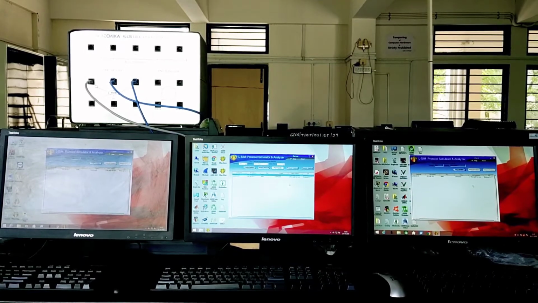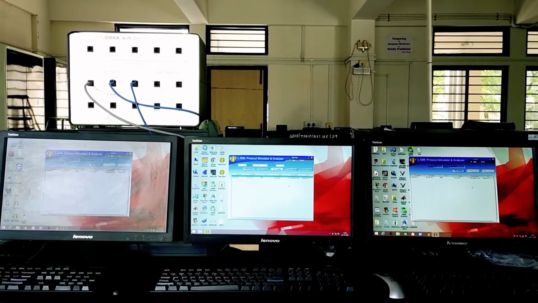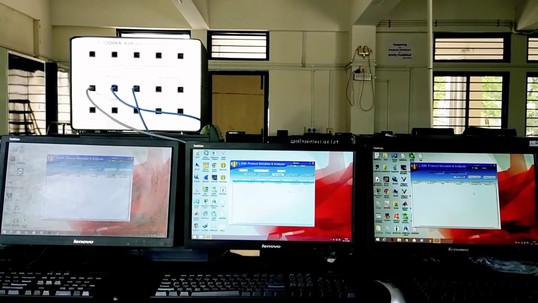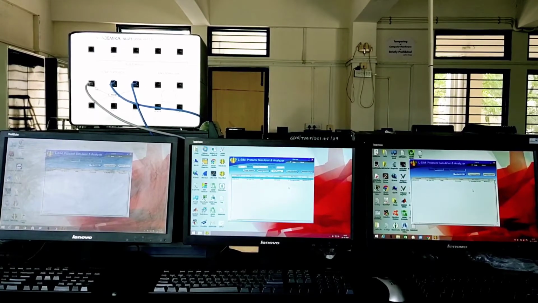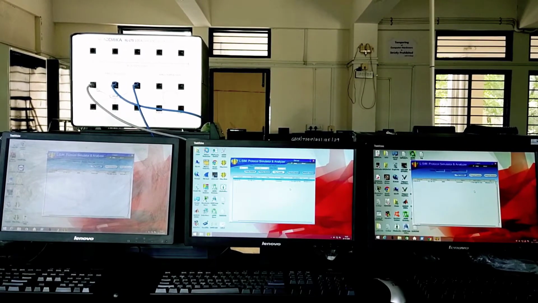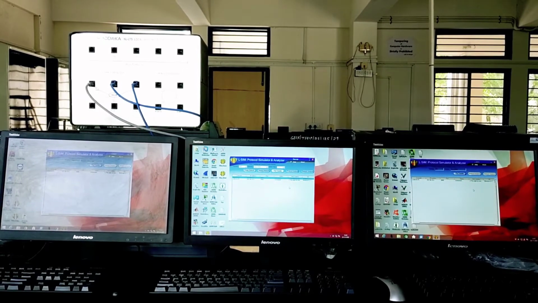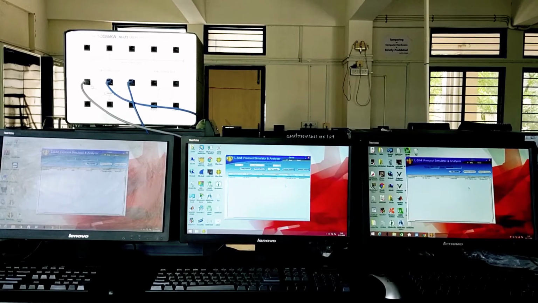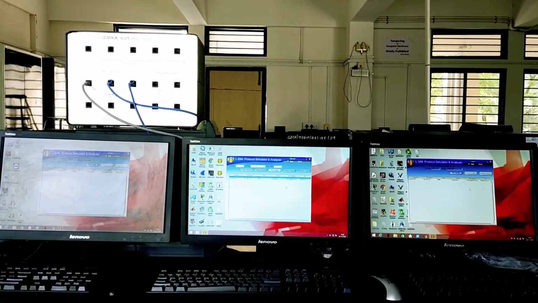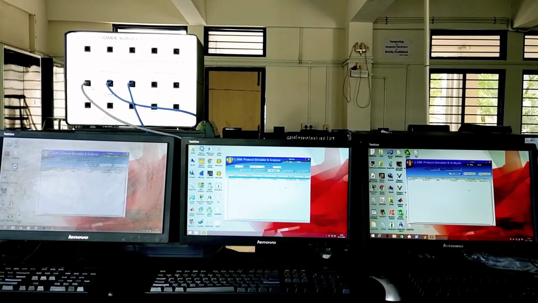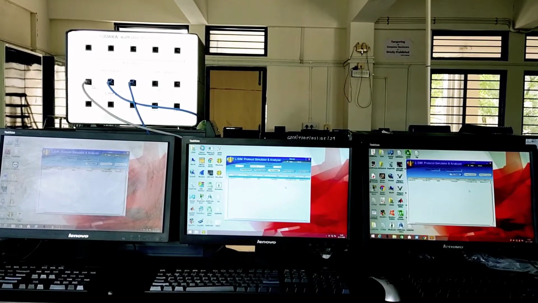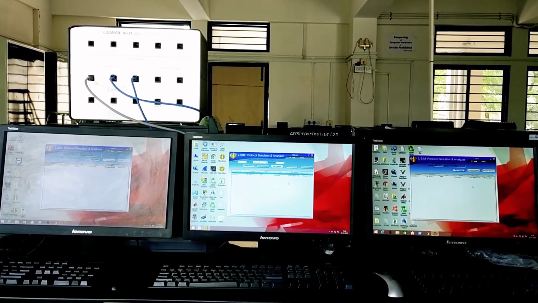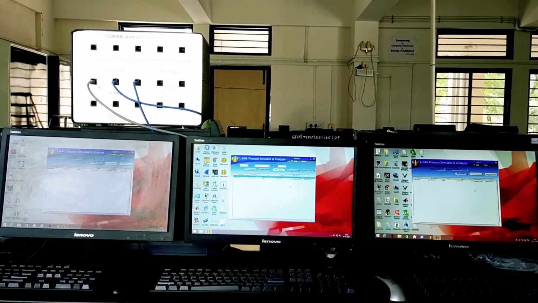As you can see, we have got LangTrainer set up with 3 machines connected to it using LAN cables in star topology. The central machine is a server and the remaining 2 on left and right are configured as clients. On the central machine, the server software is running, and on the client side, the LCM software of client version is running. Let us take a closer view of the client and the server for the testing.